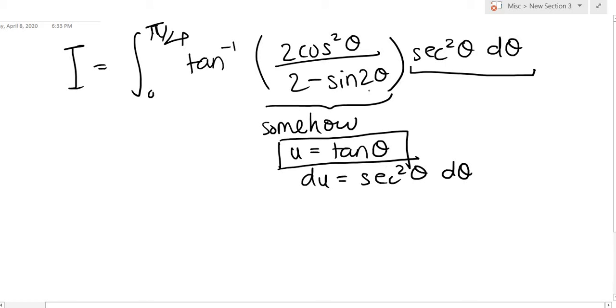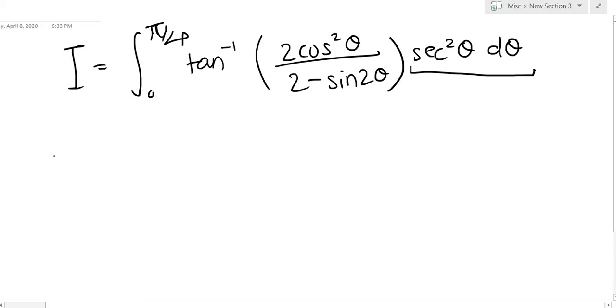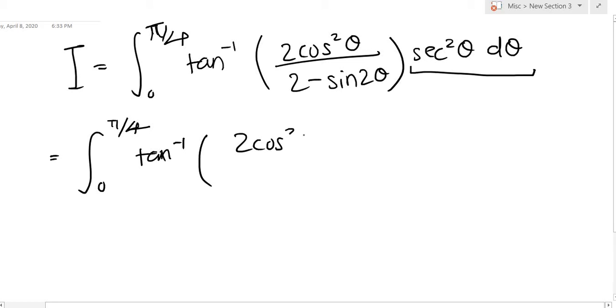So let's just write everything that's inside the argument of this inverse tangent in terms of tan theta, so that we can make greater use of this substitution. Let's do that first. So we have the integral from 0 to pi over 4 of the inverse tangent of 2 cos squared theta over 2 minus